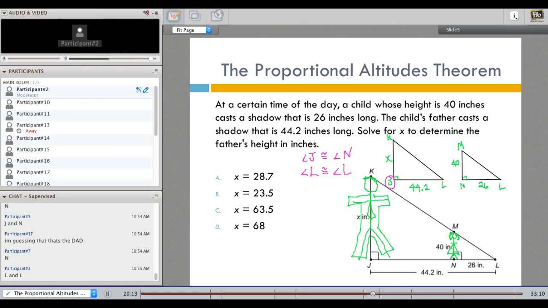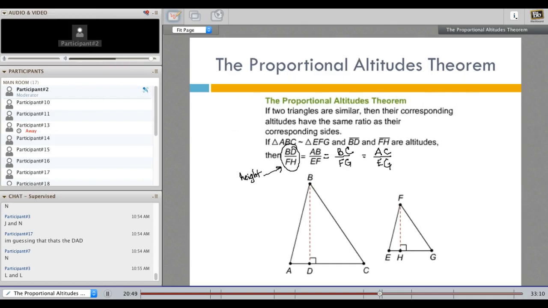Yeah, exactly. Okay, now the reason is, it's not marked here when I drew them out separately, but look at the picture. They're overlapping, okay? In the small triangle where the child is, angle L is there. And in the large triangle, angle L has to be the same, right? It's really the same, it's just that the triangles are overlapping, okay? And so I can show that the two triangles are similar by angle. Okay, remember that.